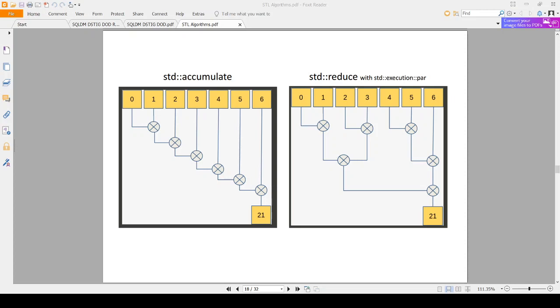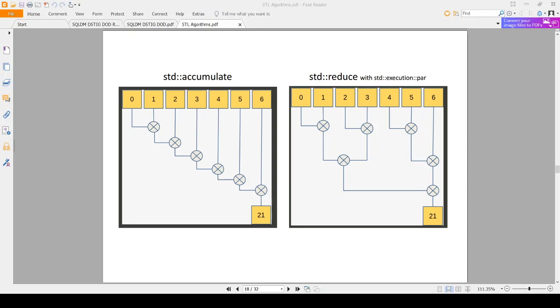The operation that we want to perform on the collection must be both associative and commutative. Minus is not, okay? Sum is, so therefore we are seeing the same result as accumulate in reduce also when we are using the default operation of sum, okay?